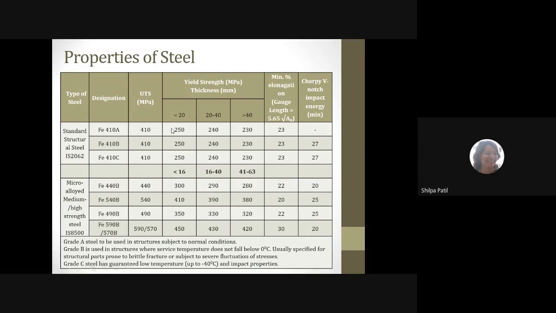The yield strength value is considered as 250 all the time, depending upon the thickness of the section. The thickness of the section for the construction, we are always using less than 20 mm. Very rarely we are going beyond 20 mm. In that case, the corresponding yield strength value should be used in the design. But if the thickness is less than 20, we always go for the section having thickness lesser than 20 mm.